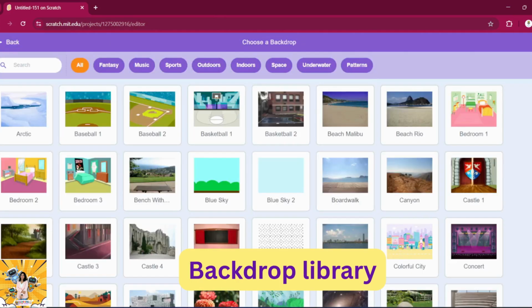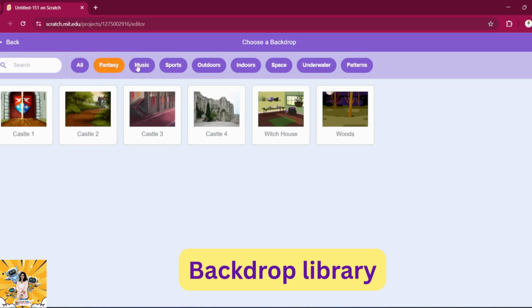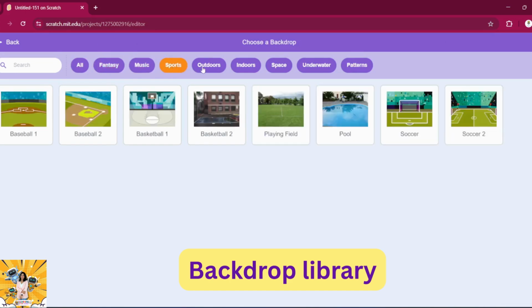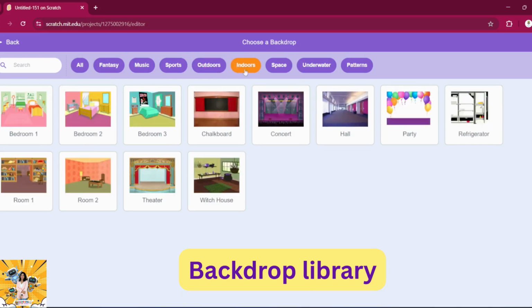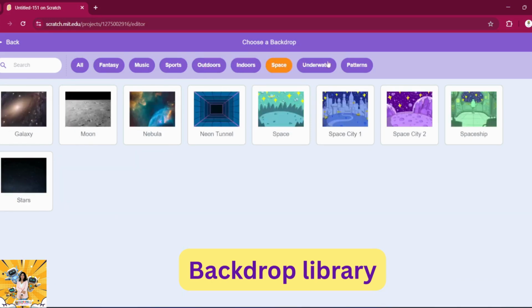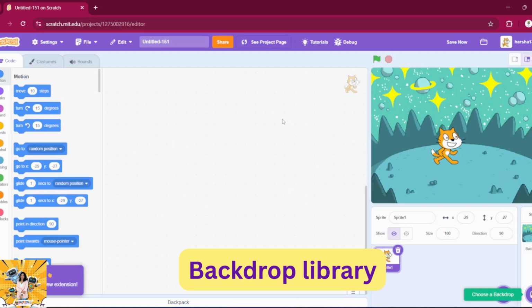Then there is a backdrop and you can add different backdrops over here, related to space. So now we are going to create a space project, so let us add a space backdrop. It's very easy, isn't it? We just need to add a backdrop. Now we can add different characters to our scene, but before that let us have a quick recap of